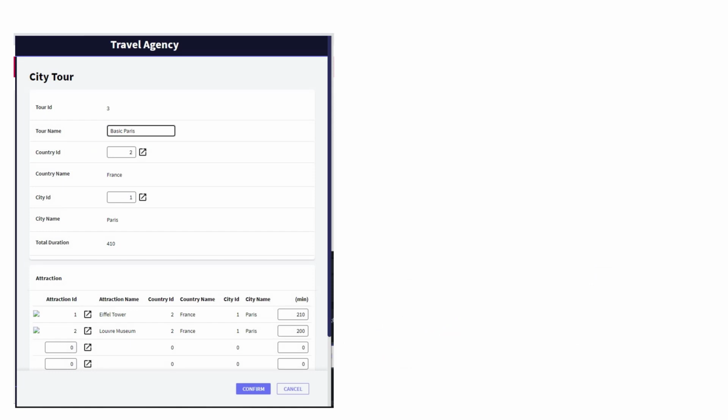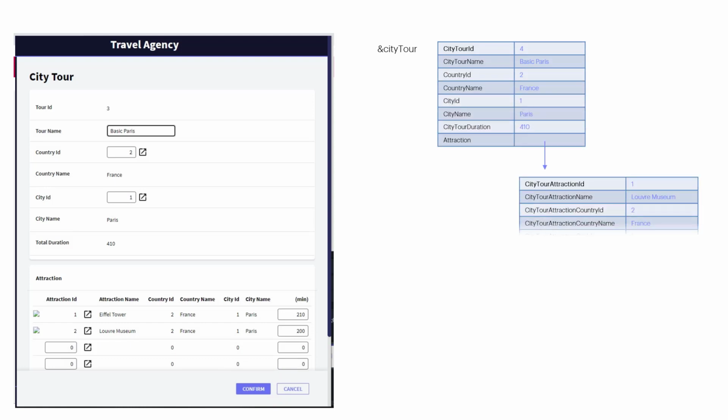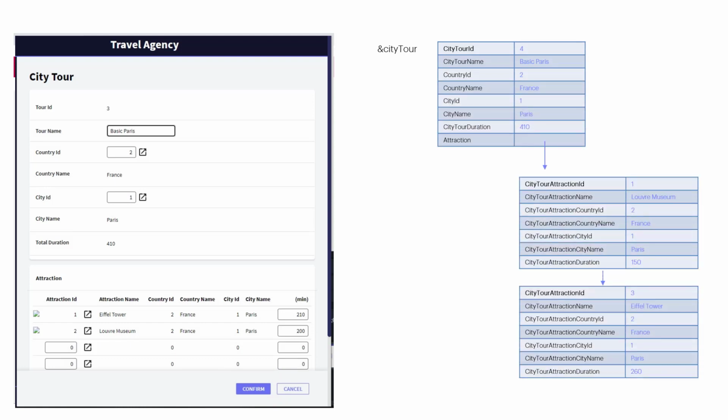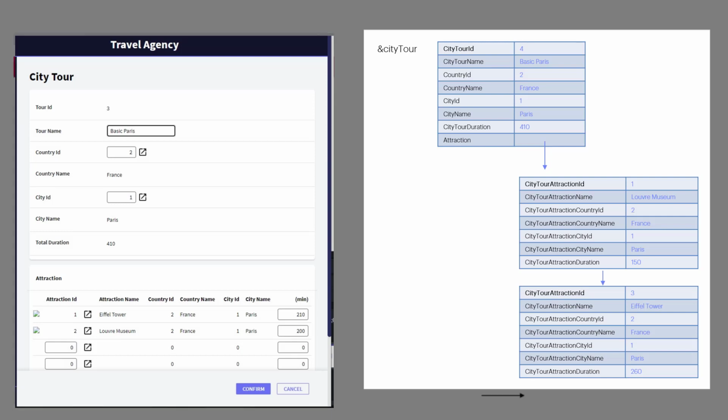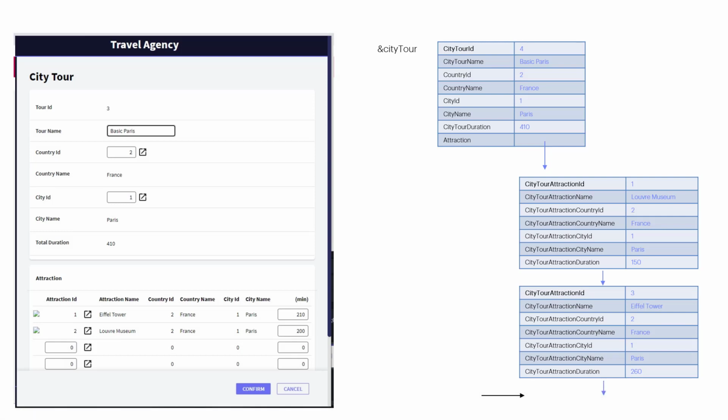But just as when we want to insert a new line through the City Tour transaction screen, we must first instantiate the header, then insert the line, and finally select the global confirm. The same will happen with the business components. To work with their lines, for example, by adding 1, we will have to work with the header and its lines, adding the line, and then doing the desired operation on everything, that is, on the transaction's BC variable.